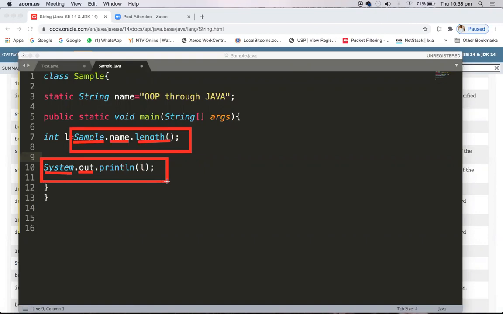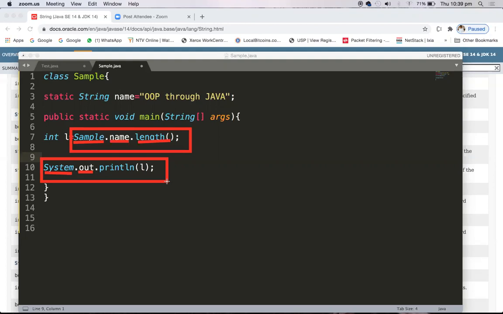Briefly, System.out is a standard output stream which is connected to console output devices. In order to print something to output devices, you have several methods: print method, println method, print with integer, println with integer.